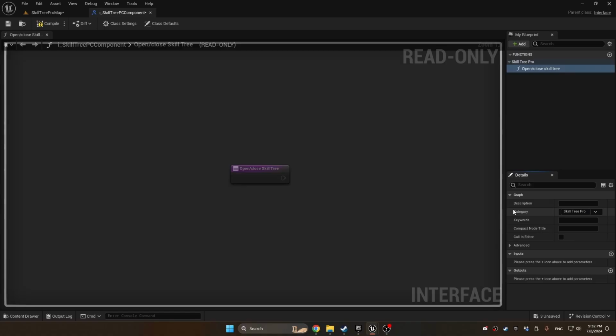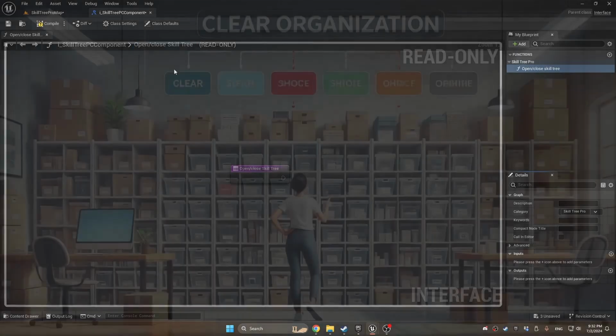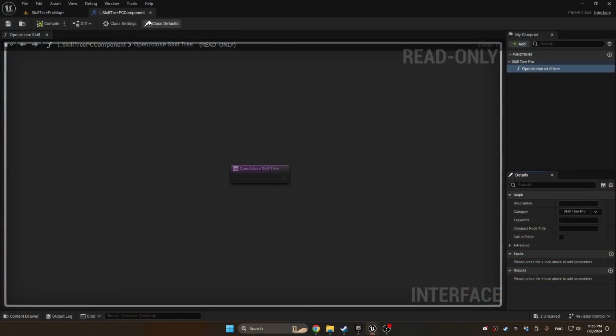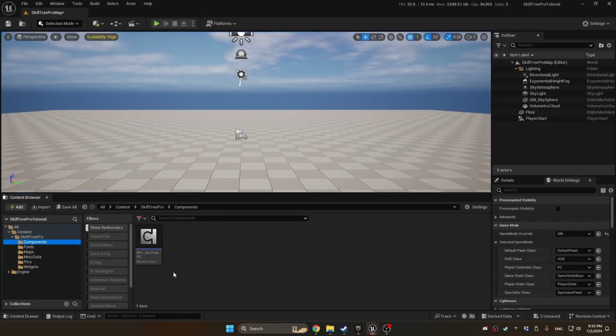The benefit to putting things in categories which are in interfaces is that with an interface you'll usually use it from all sorts of places in your game. It'll be accessible from everywhere in your game. So if you have a bunch of interfaces in your game, having things categorized really clarifies what's what, and it lessens the confusion. So for now, we'll compile and close that,